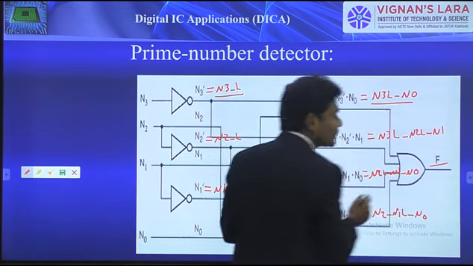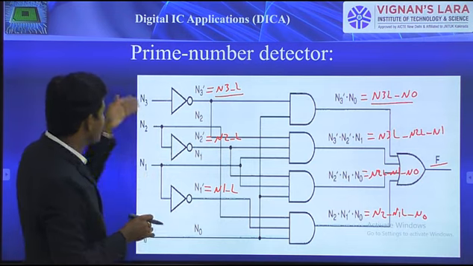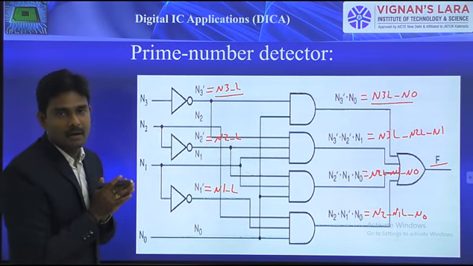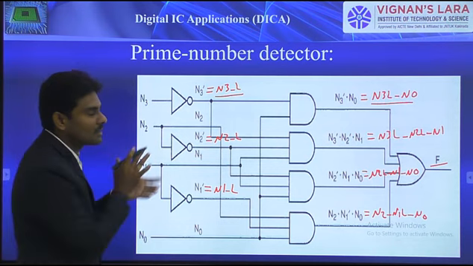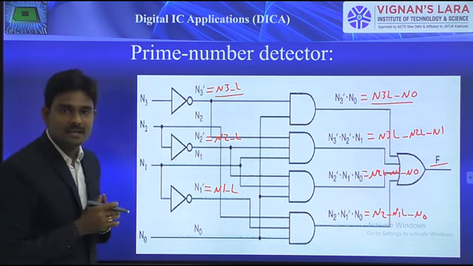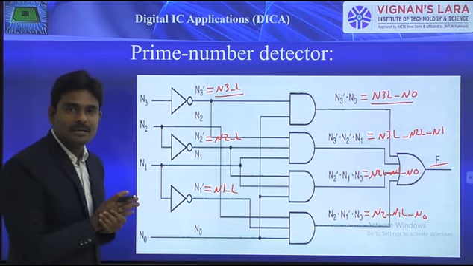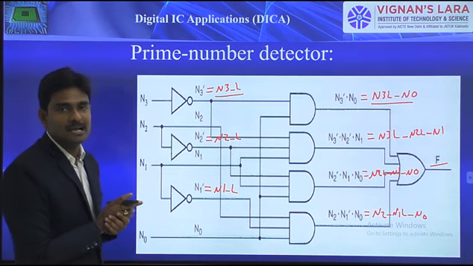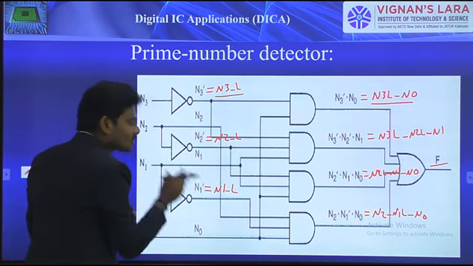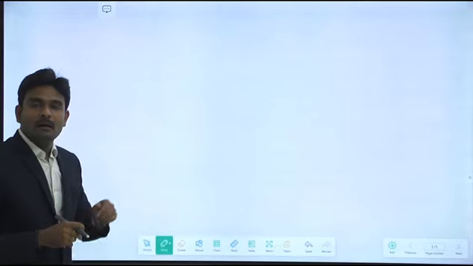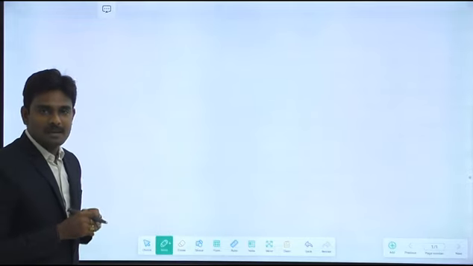Finally, the output is F, and the inputs are N0 to N2. Simply remember these particular signal names first of all, because based on these only we are supposed to write the program. So now my intention is to write this program once again using the conditional concurrent signal assignment statement, starting from the first level. I think you already remember that particular circuit.